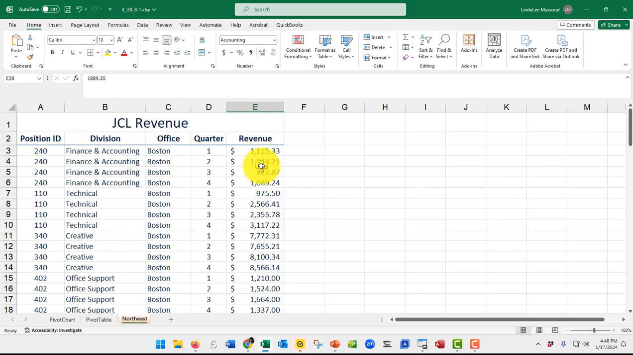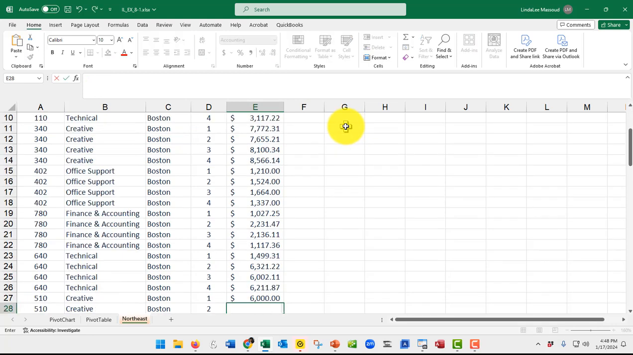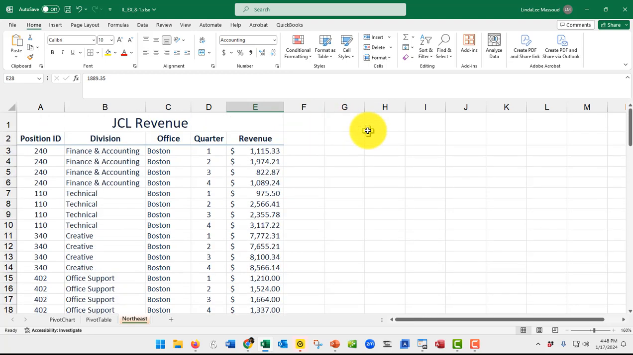So in that case, we're going to have to use a specialized function in order to do it. And that's called the GETPIVOTDATA function. So on the Northeast worksheet in G1, they want us to,